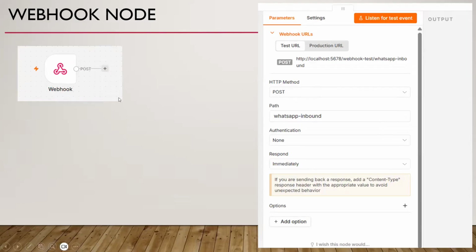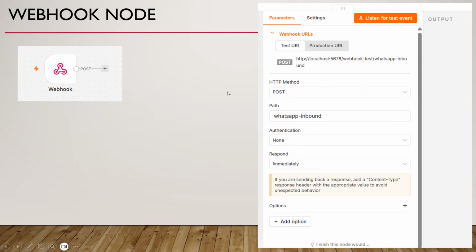Then to receive messages, we will use the webhook node, which is already there in N8N. So this is the setting of the webhook node, and this is the test URL, this is the production URL. HTTP method is POST, and this path is an arbitrary path which I have defined, and N8N uses this along with this URL, and there is no authentication, and we need to respond immediately.